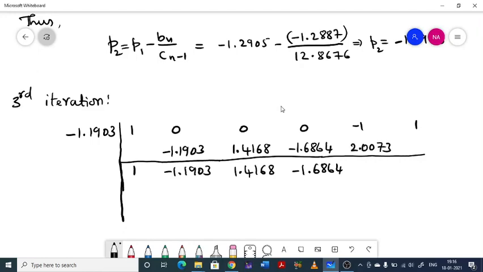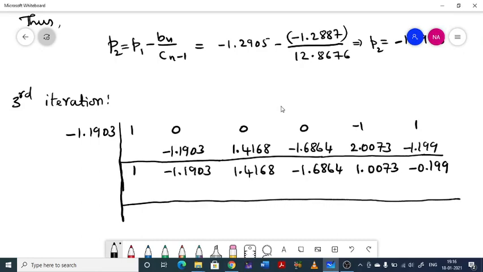2.0073. It will be 1.0073. Multiplying that, minus 1.199. So adding, we get minus 0.199. Next, repeating this synthetic division. So here I am going to get this 1, I have to carry as it is,